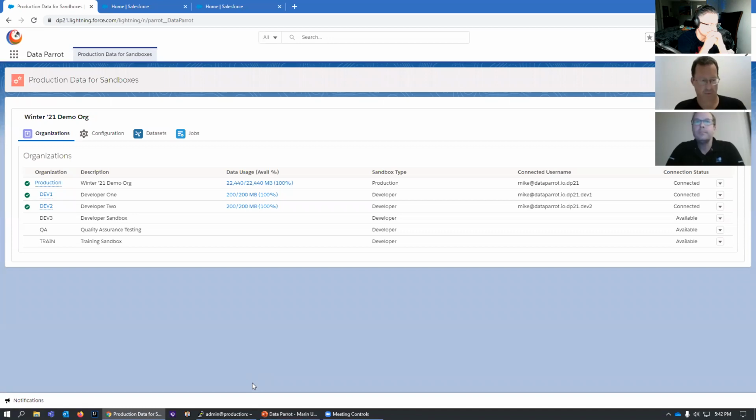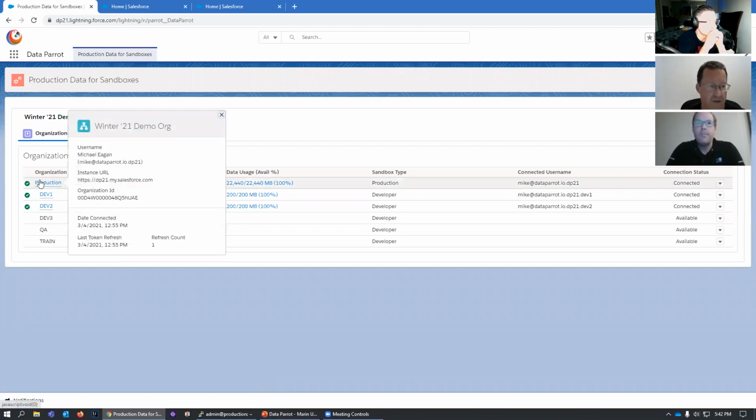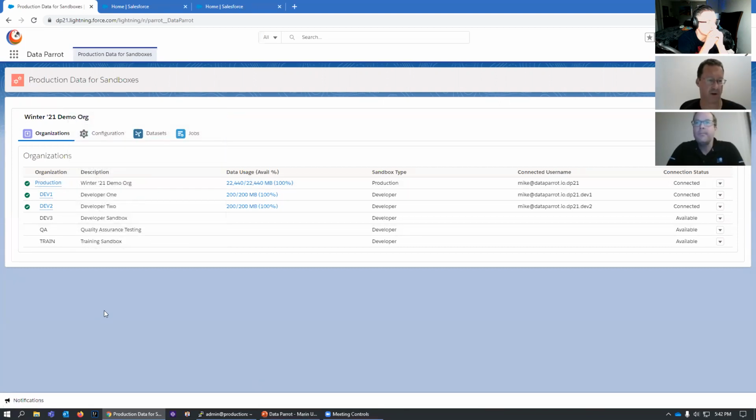This is Data Parrot. We're installed in a production organization. We have connected production, and you can see that Data Parrot went out and said, give me a list of all the available sandboxes. In our case, we have 5 sandboxes, a couple of devs, a QA, and a train. We've connected 2 of the devs, and because we've connected those environments, we have a certain amount of information about